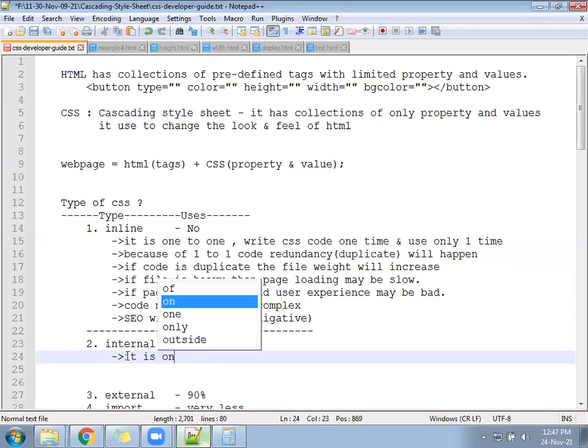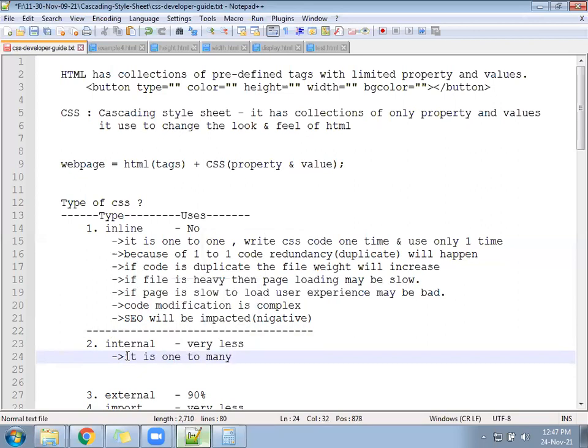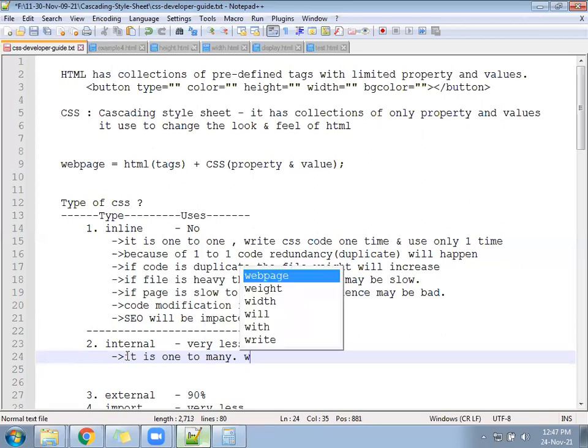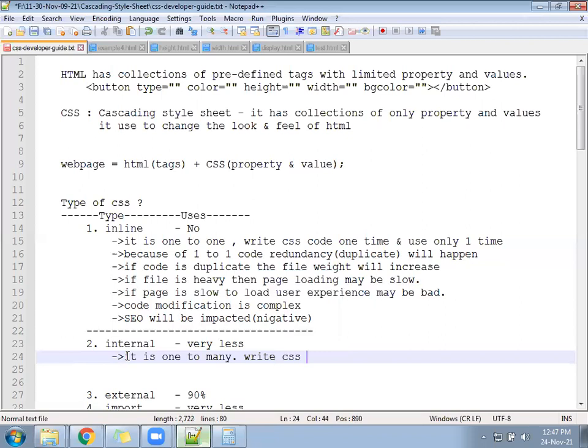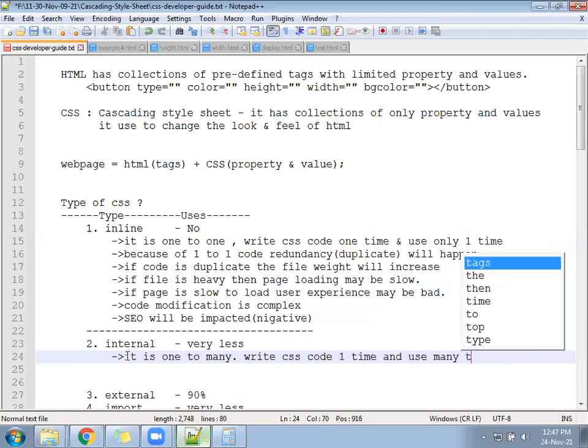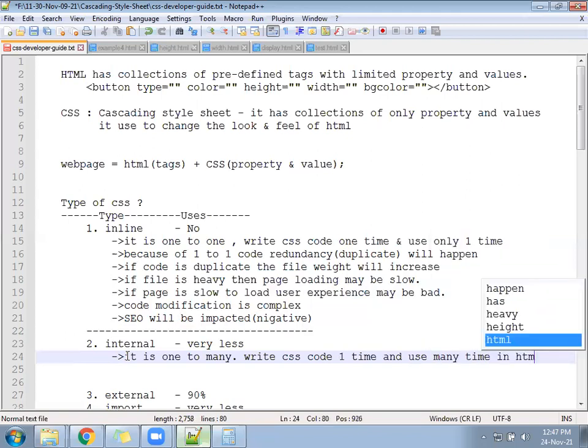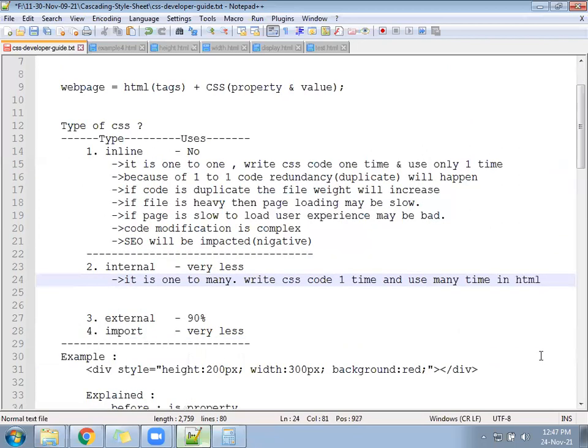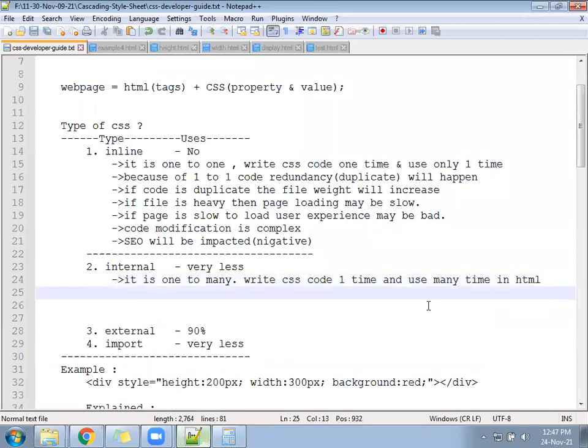That means write the CSS code one time and use it many times in HTML. Write the code one time and use many times in HTML.